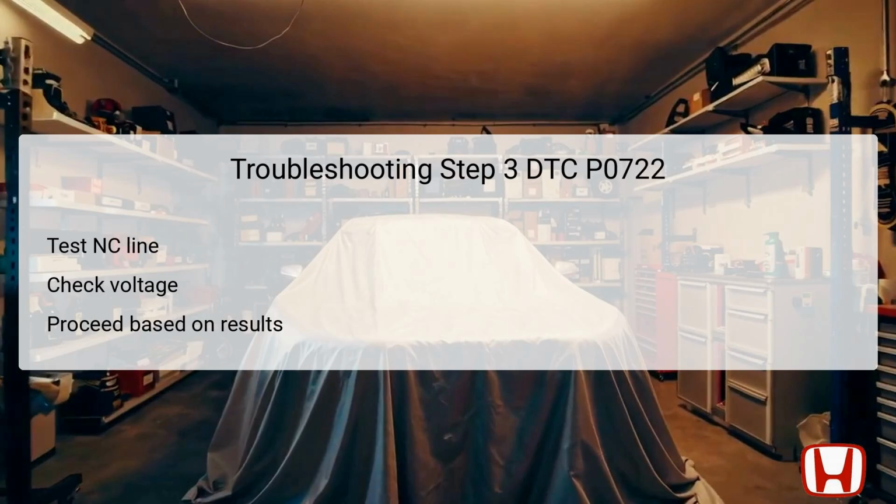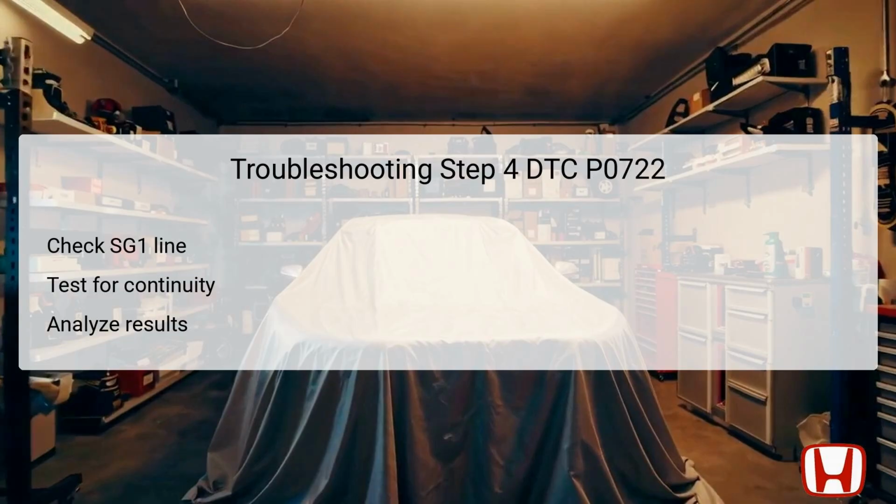should commence. Step 4 focuses on verifying the SG1 line for continuity, which is integral for the signal path between the PCM and the output shaft speed sensor. As with previous steps, start by ensuring the ignition switch is in the lock position. With the connector still disconnected, you'll measure continuity between the test points that correspond to the number 1 pin of